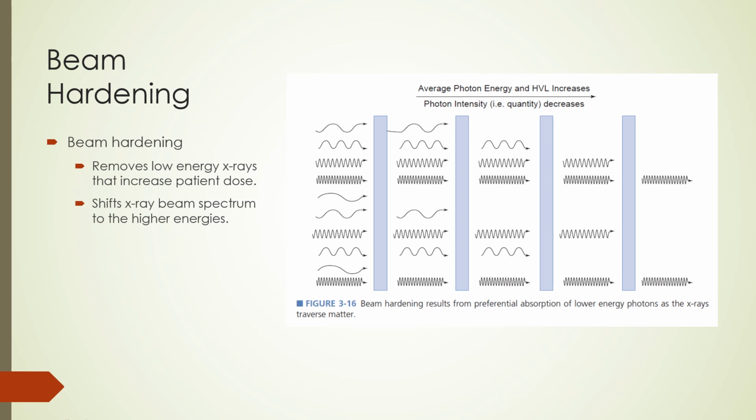These low energy X-ray photons increase patient dose without adding to image quality. The manufacturers of X-ray tubes used in diagnostic imaging are required to include added filtration to remove low energy X-rays from the beam. This figure illustrates how low energy photons are removed by layers of filtration. As the beam goes through different layers, the longer wavelengths are attenuated and the shortest wavelength, which has higher energy,